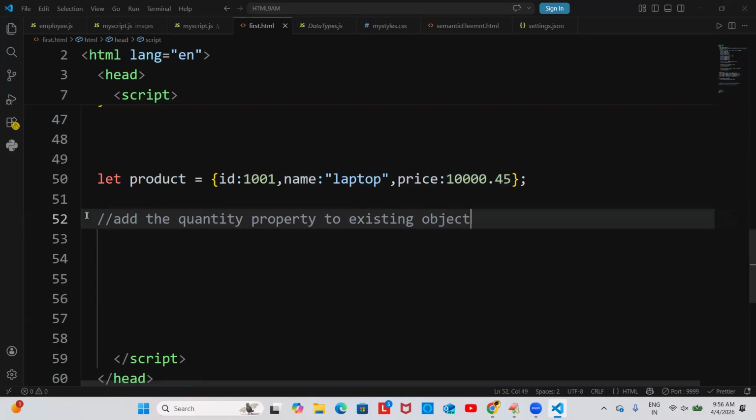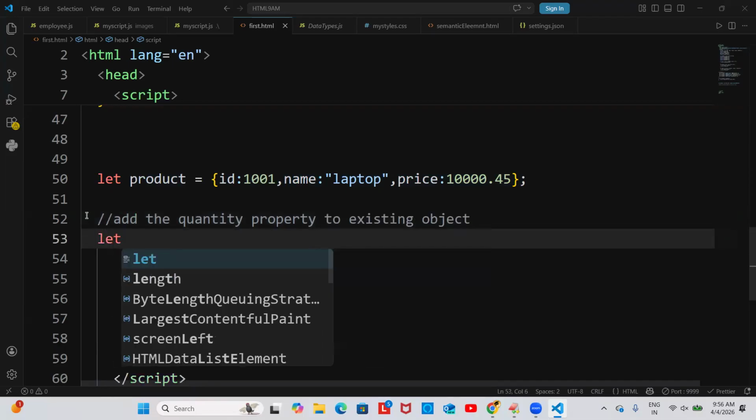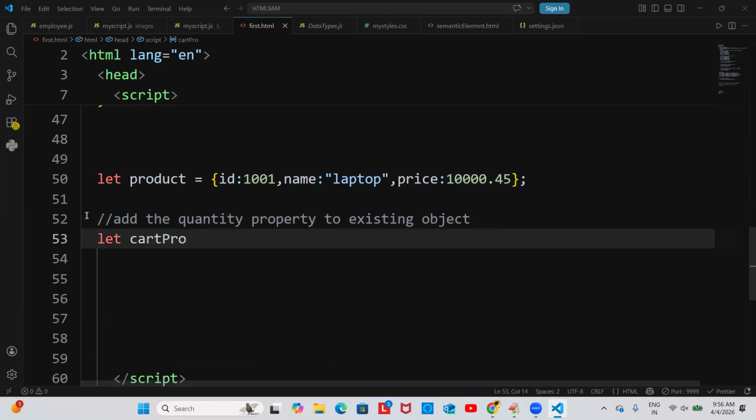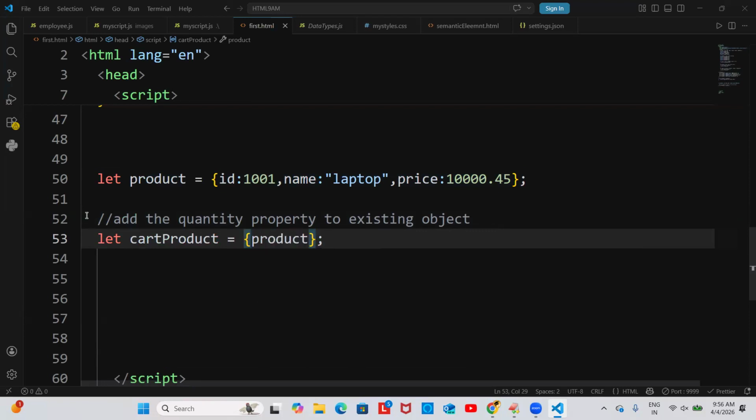Tell me guys, how to add the quantity to the existing object. You can write cart product, something like that. You can take a new variable and take the old object, product, comma. See, this is the original object. I am taking the cart object, which means the original object,